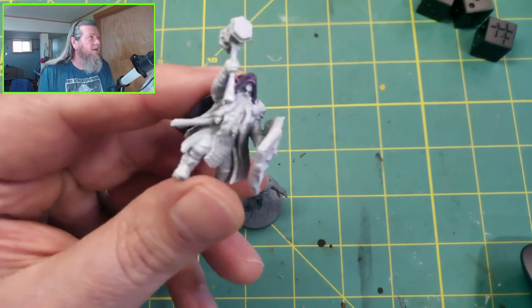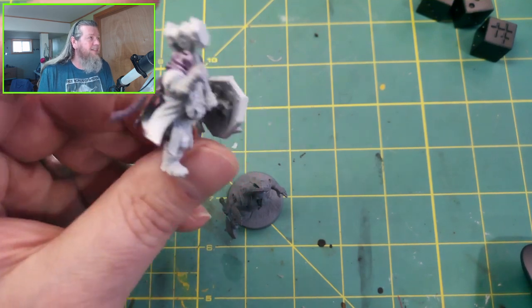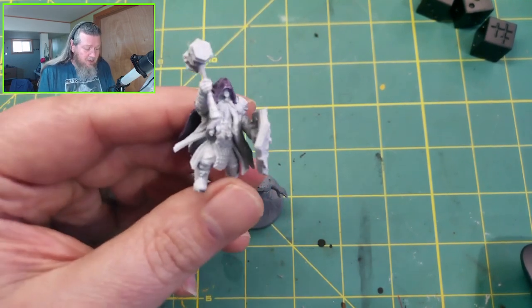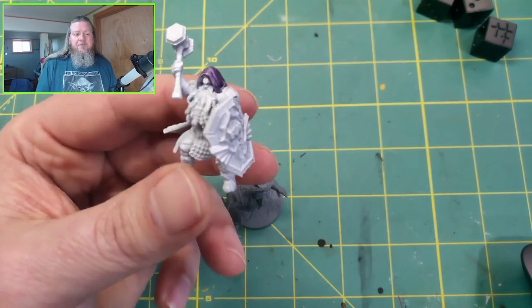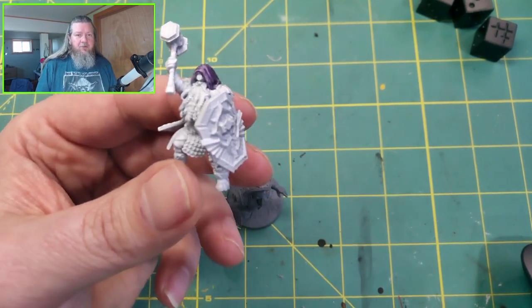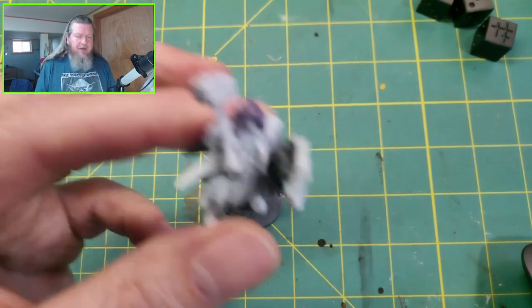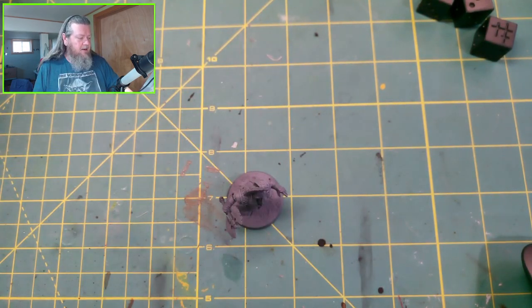This is my player in my Pathfinder 2nd Edition home game. This is his cleric, and this is a miniature that I like better than the one he's currently using. The cool thing about a 3D resin printer is, for my tabletop RPG group, we play Pathfinder 2nd edition, I have 3D printed all of their characters and painted them, and I 3D print and paint all